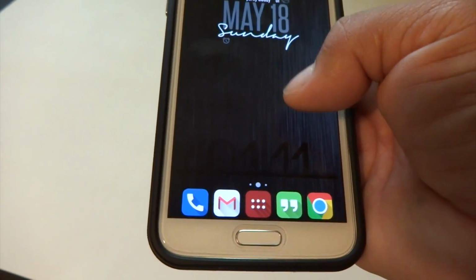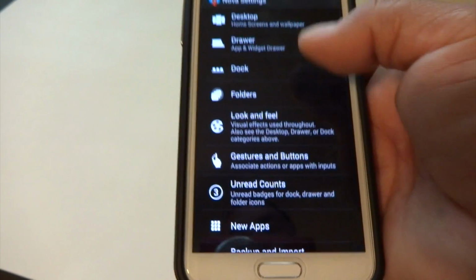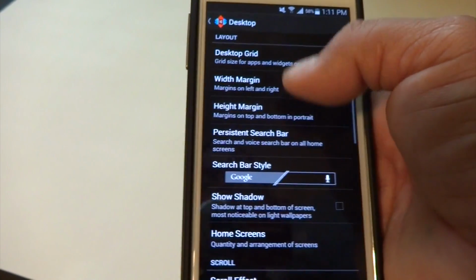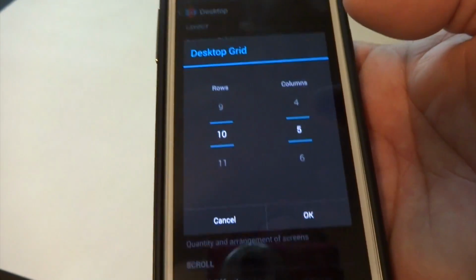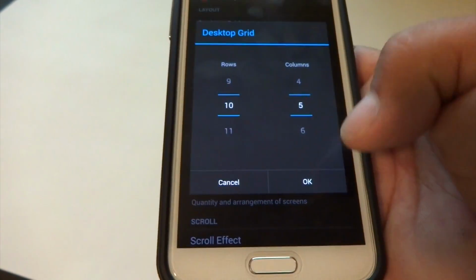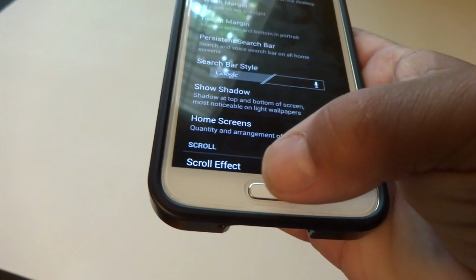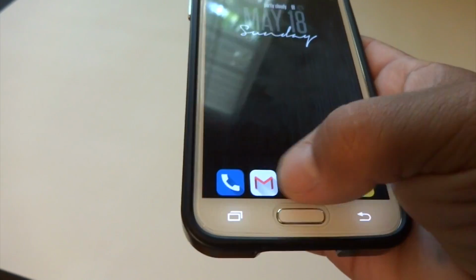Now if we go in here, I keep doing that. We go here into settings, and we go to desktop, we can see what my grid is set up as, and I'm set up as 10 by 5 with widget overlap. I've done some things with my dock down there, of course. I've got 3,